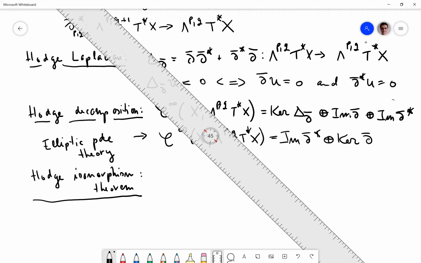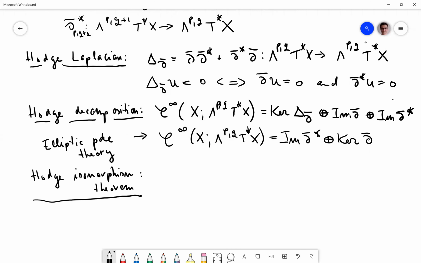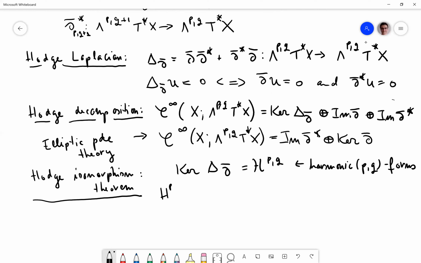As in the real case, the kernel of the Hodge Laplacian has a name, so we will call it the harmonic (p,q) forms. Okay. So when you put these two identities from the Hodge decomposition together, you get that the Dolbeault cohomology groups